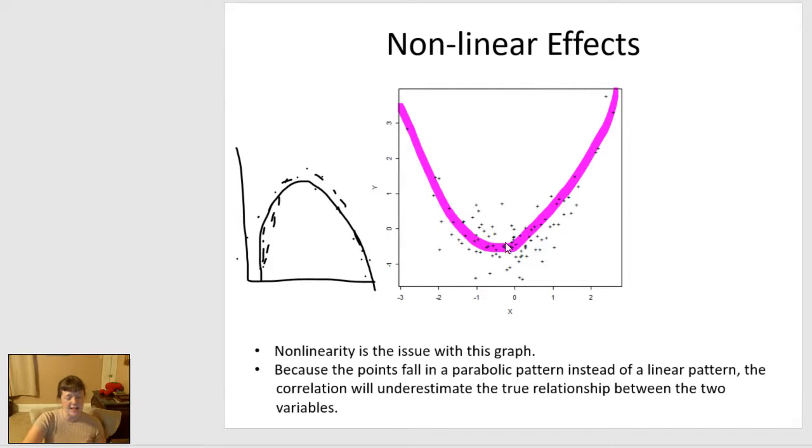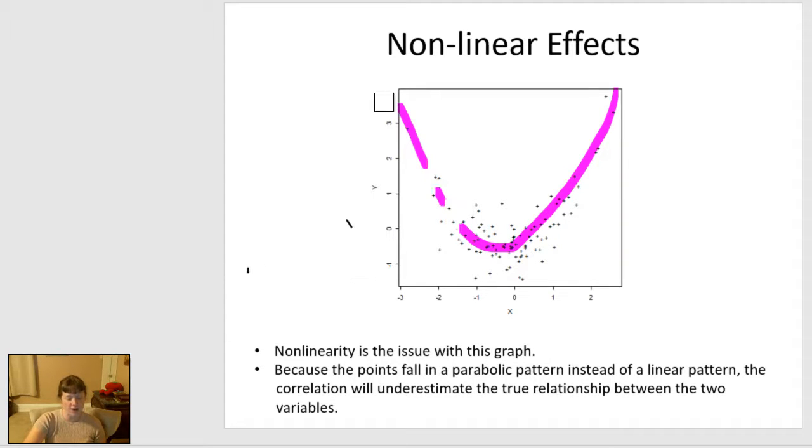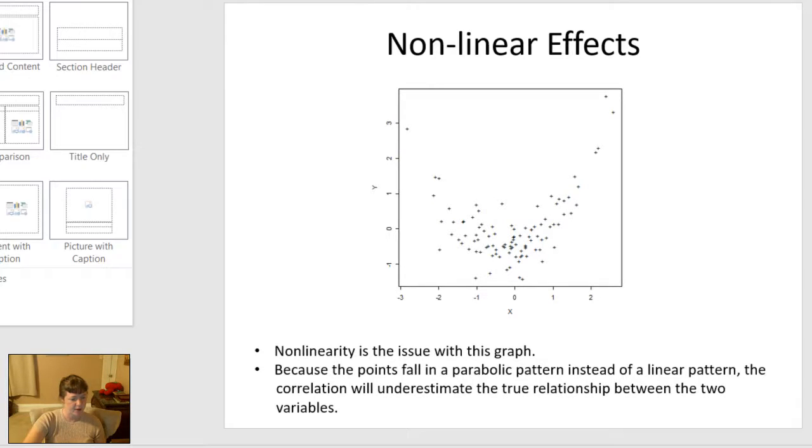But you would never say that these two variables are not related. They just don't have a linear relationship. And so calculating the correlation would not be the appropriate thing to calculate. You would have to do something else, and that something else is not the correlation. And a great example of a nonlinear effect, let me draw it for you here. A great example of a nonlinear effect